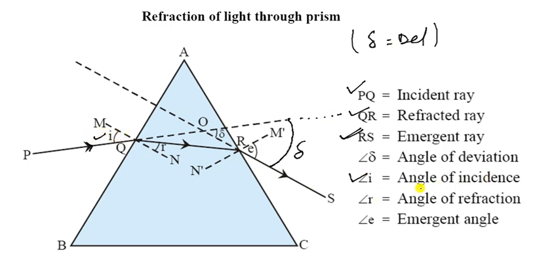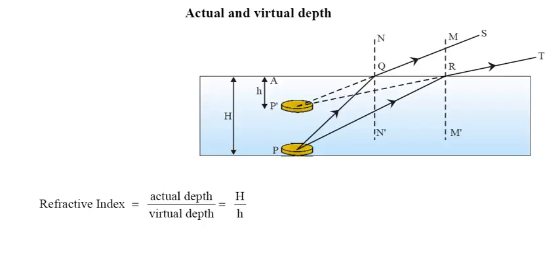Now come to this one, refraction through the two faces of a rectangular slab. It is a glass slab. So you can see here this is the incident ray and this symbol is called del. So you have to learn this symbol. So it is the del. Now come to the angle of refraction. Here the angle of incidence, that is I. You can see here it is I. So that is the angle of incidence, and the angle of refraction, that is R. You can see in this it is your R. Now angle E is the emergent angle.